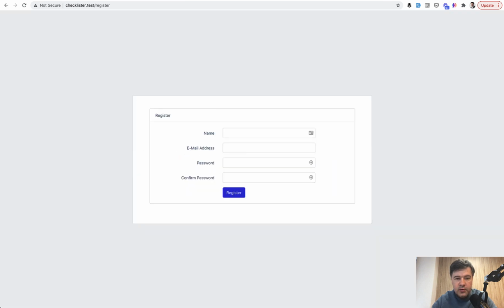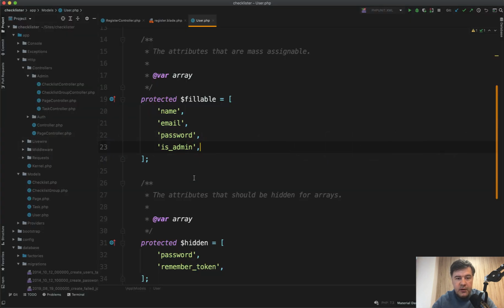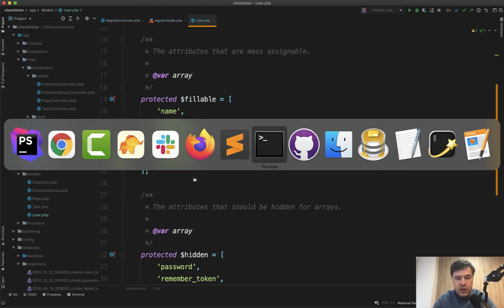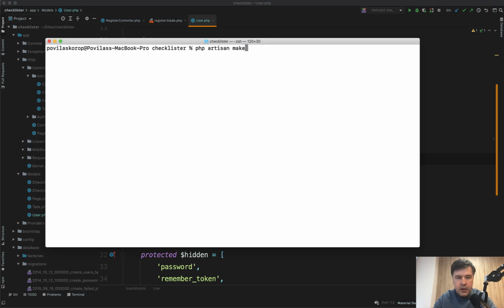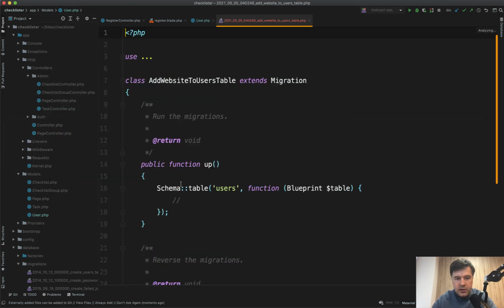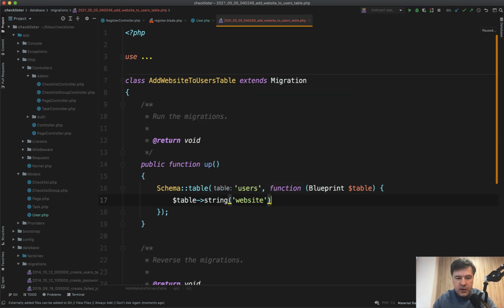So let's start with the registration and website. What we need to do here is add a website field to the users model fillable. Then we need to create that in the database, so migration: php artisan make:migration add_website_to_users_table. Okay, add website to the table, string website, let it be nullable